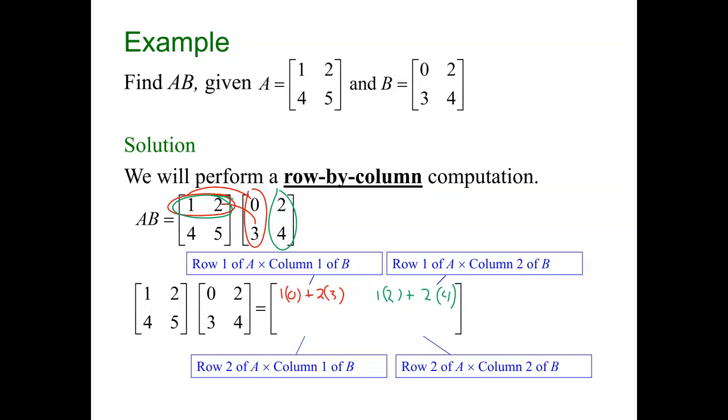4, 0, 5, 3. So we're done with the first row. So now we go to the second row. Okay. Second row, first column. 4 times 0, 5 times 3. And then second row, second column. 4 times 2, 5 times